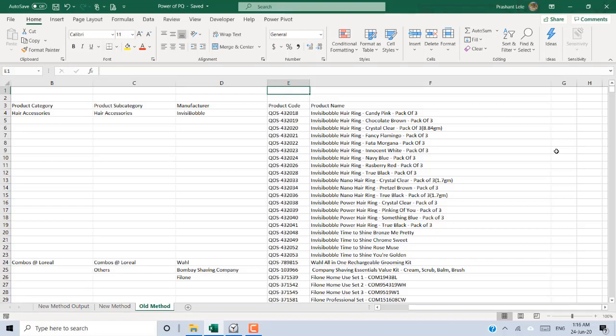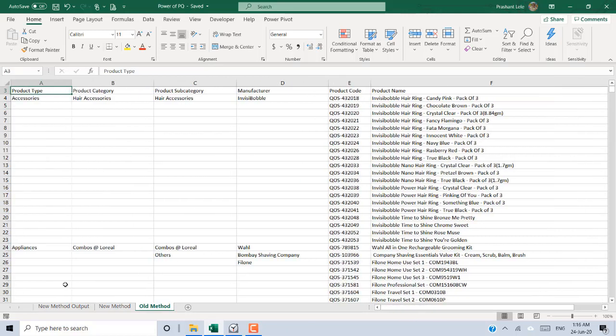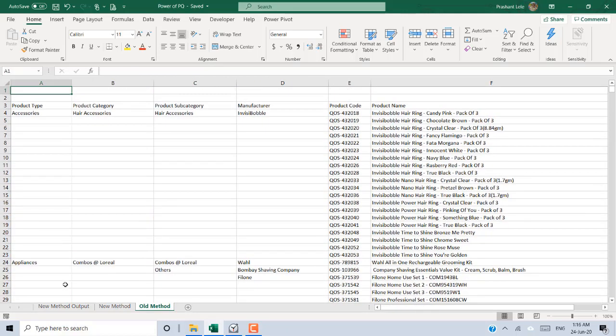I have this file which has around 735,000 rows. So it is almost three quarters of a million rows in this file, and I'm sure most of you must have encountered this problem. Whenever you take a dump of your data from ERP software, most of the time the dump comes in this format.